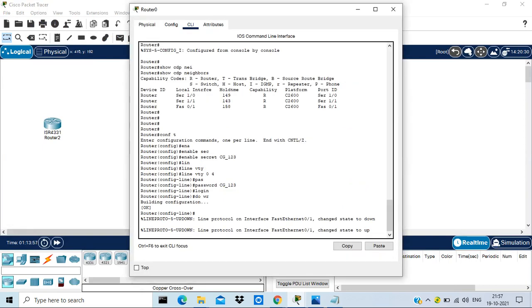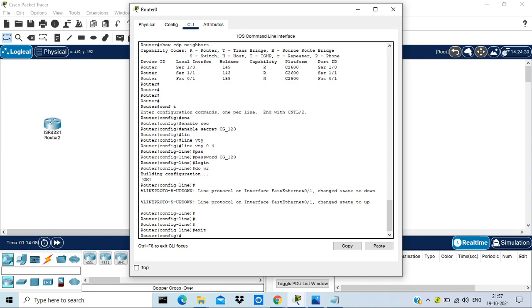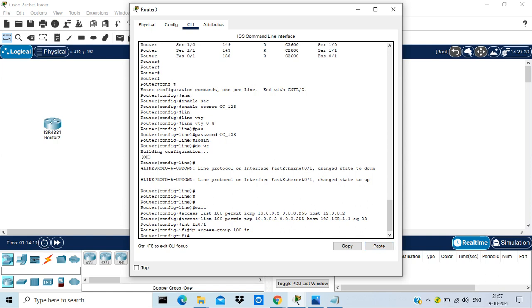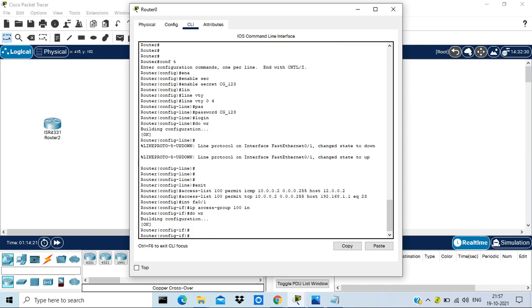Going into the head office router, I have configured this in FA 0 by 1.